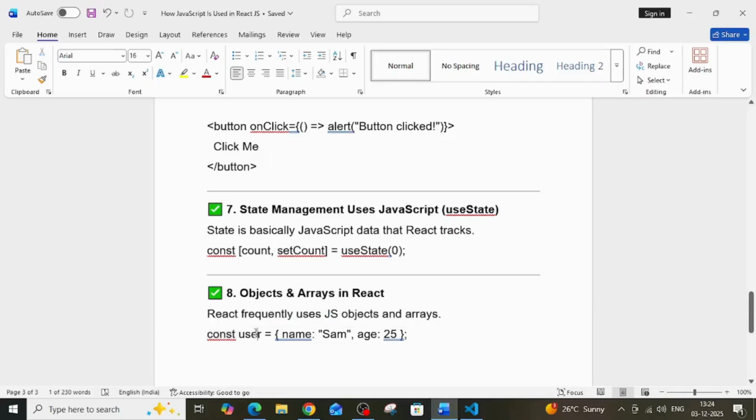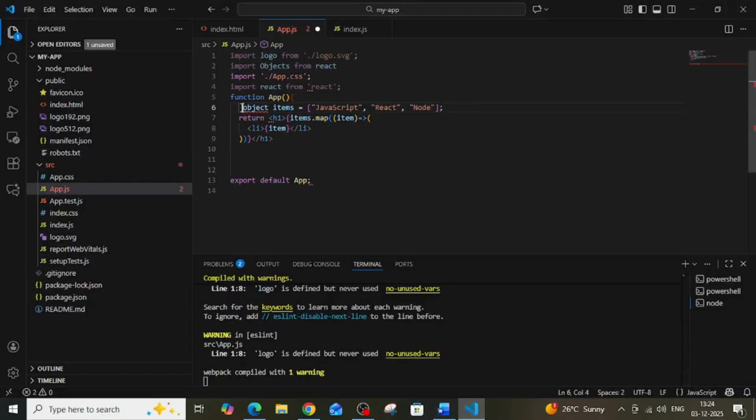Object type we can define constant user. This is the constant user. This way we can define this object. Object means that is a similar constant. This is a similar way we can write, and here we can use